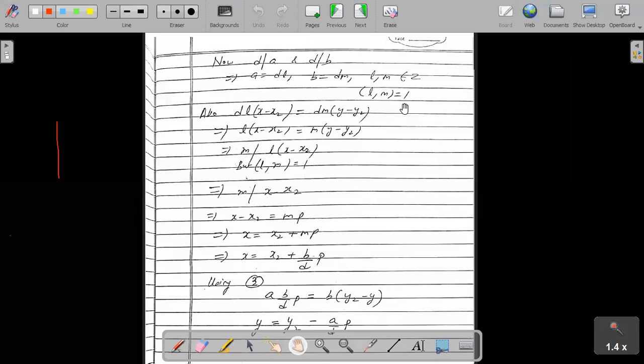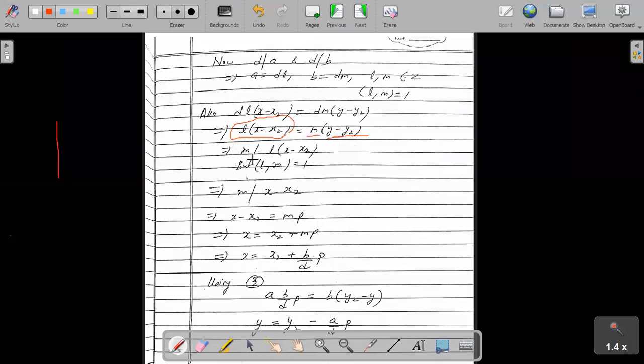So हमने क्या किया, वो जो इक्वेशन हमने सेपरेट करी थी उसमें a और b की वैल्यू पुट कर दी. a की वैल्यू कितनी है, dl, और b की वैल्यू कितनी थी, dm. दोनों साइड से d कैंसिल हो गया. So what do you get, l into (x minus x2) is equal to m into (y minus y2). तो यहाँ से क्या आ गया, if you see on the left hand side, l into some number is equal to, so l into this whole number x minus x2 is equal to m into some number.